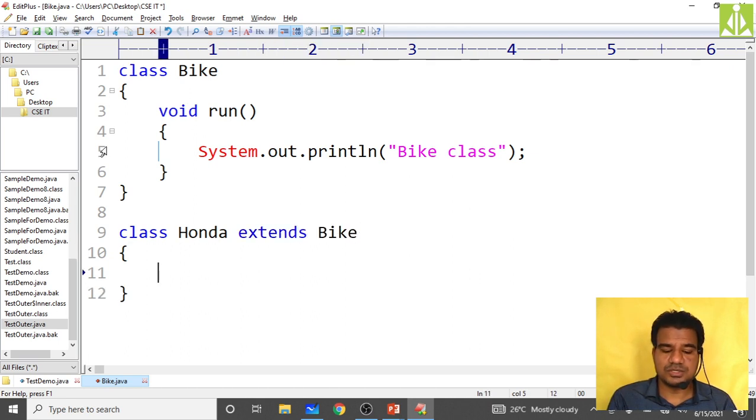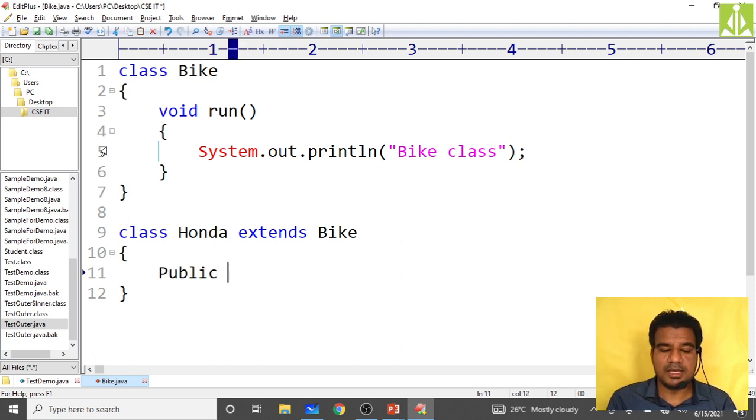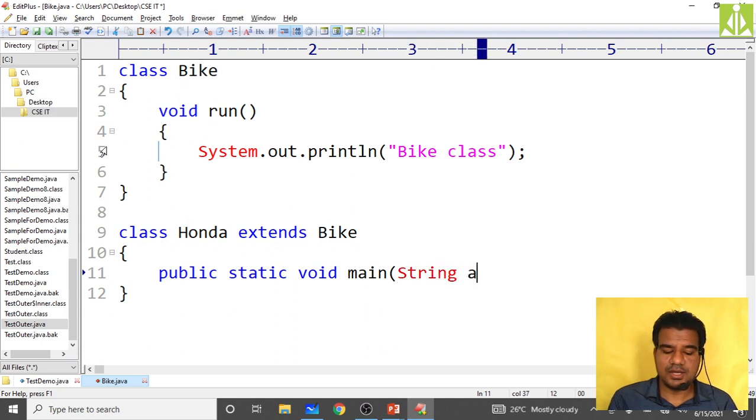Here you put the same method, void run, and here you put System.out.println. What happens if you don't put this method? First we'll start from the basics. Then public static void main, String args.